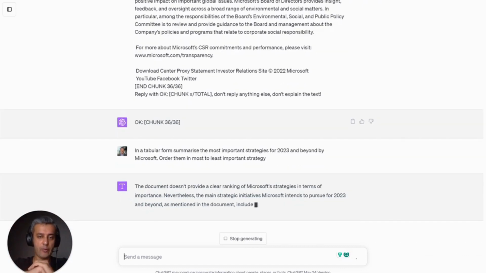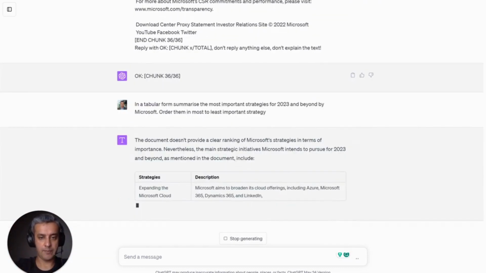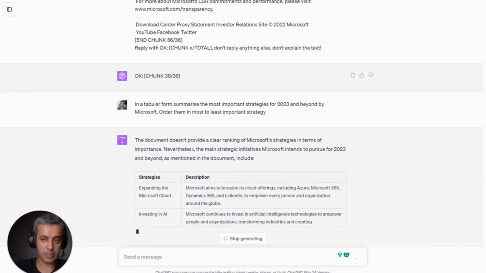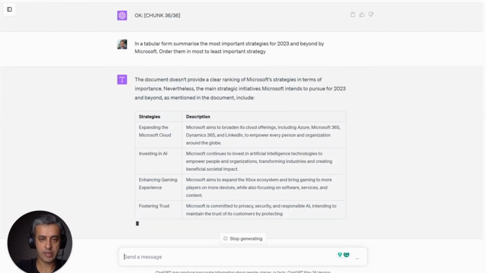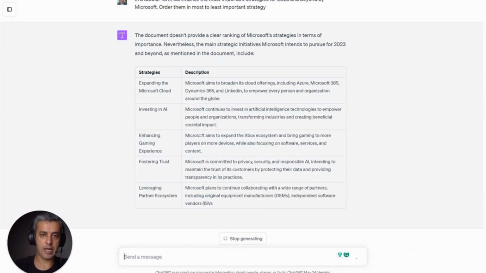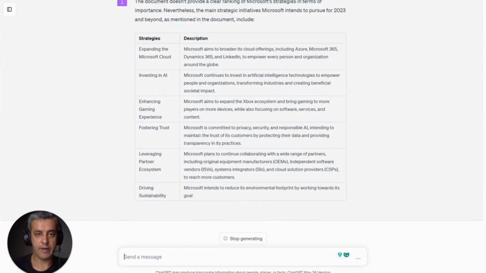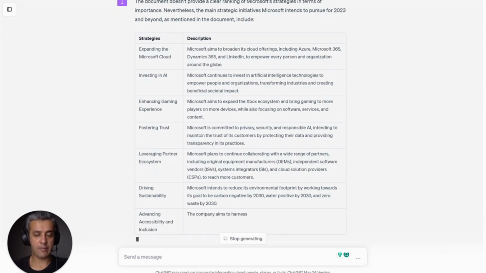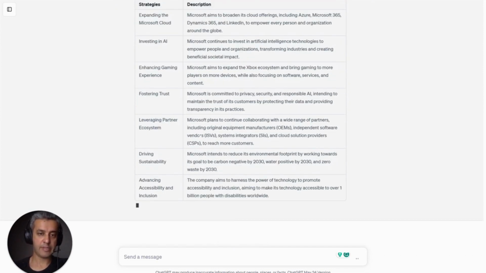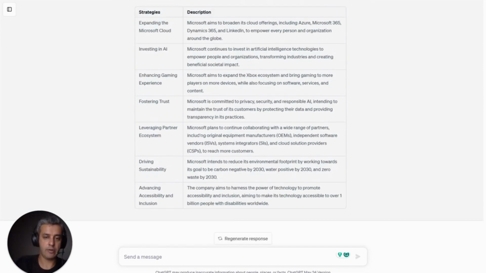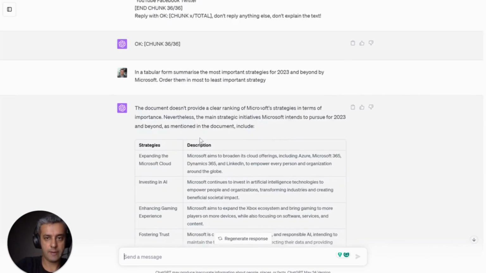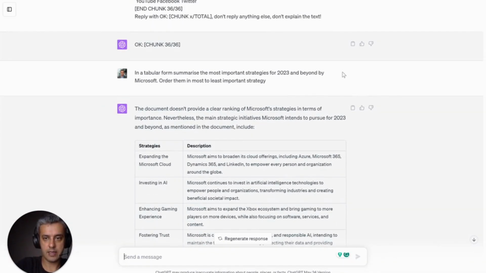It's a very quick way for me to then, but the document doesn't include everything. It says that the document doesn't include a clear ranking strategy, but it still kind of gives us their description of it. And you can make this table even better by saying, by ranking percentage, how important the strategy is. So just kind of go back, and I can just say here, for example,